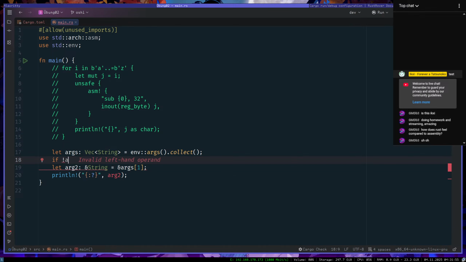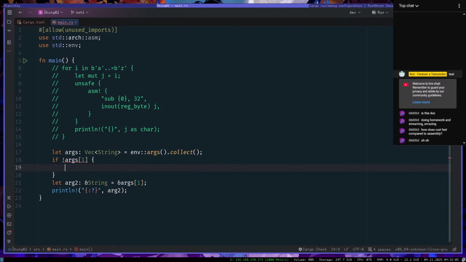If not, args 1, cannot apply unary operator to type string. The foreign item does not implement not. Wait, not.